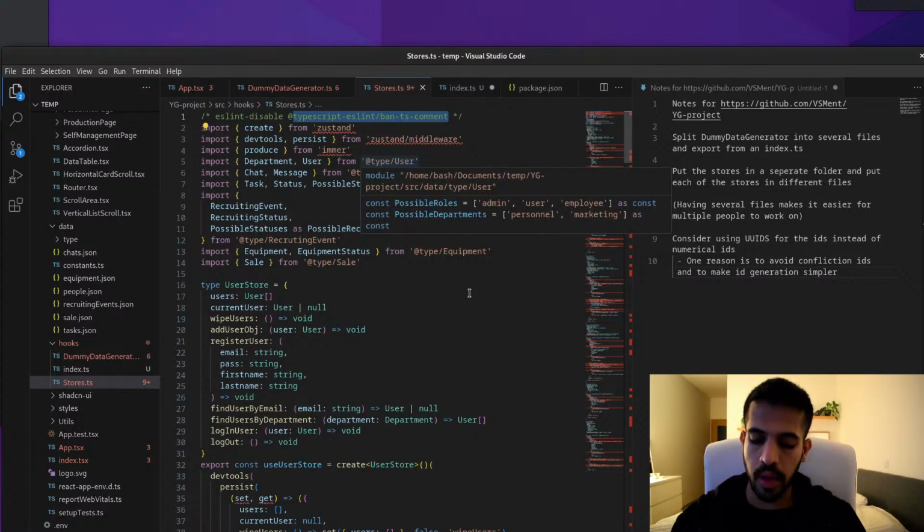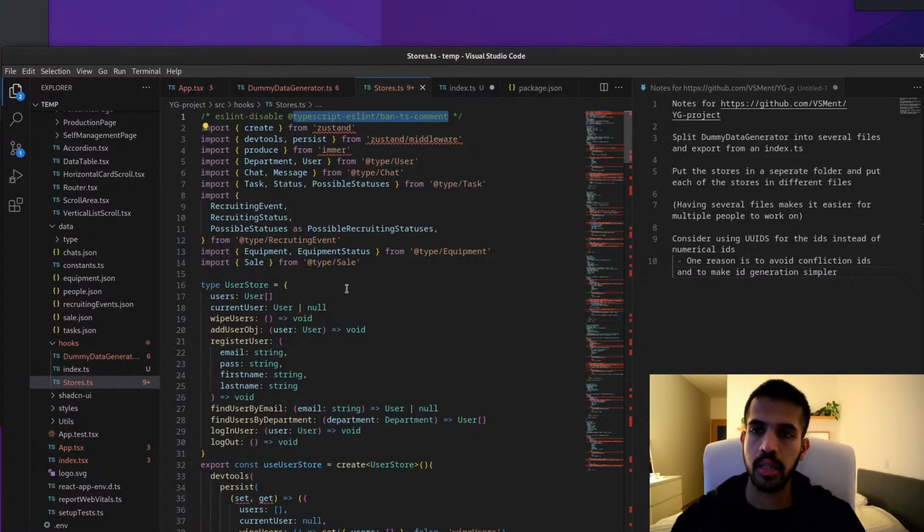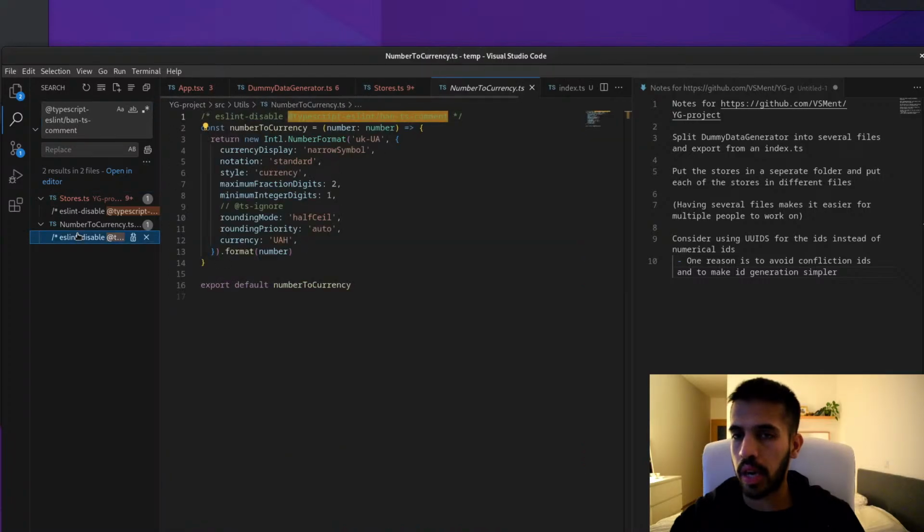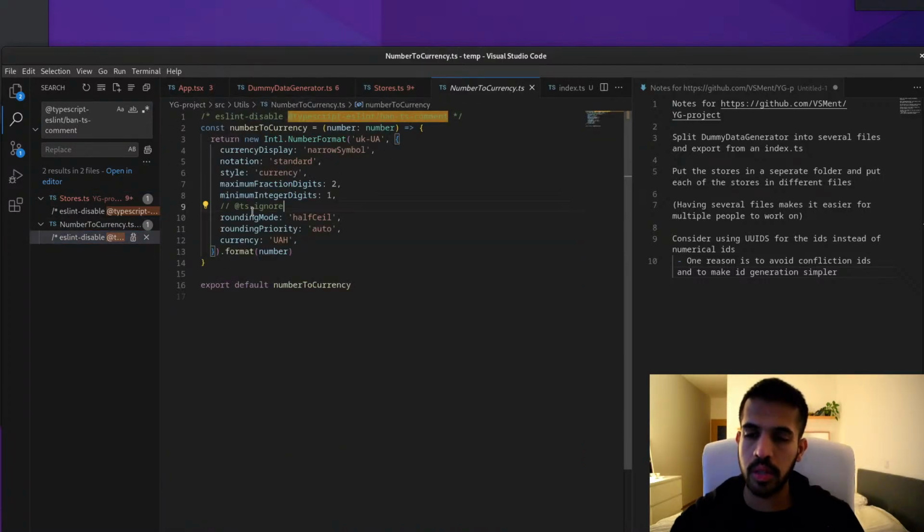In general, I would not recommend doing eslint disables on entire files. At most, I think it's worth doing for a single line or at a per line instance. So let's see if this is ignored anywhere else. So just in two places. I see. So it's to prevent TypeScript ignores.